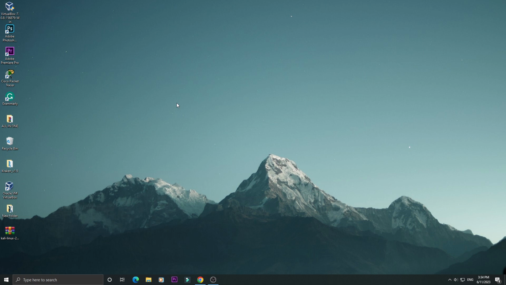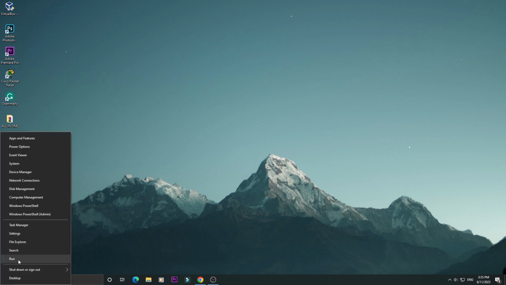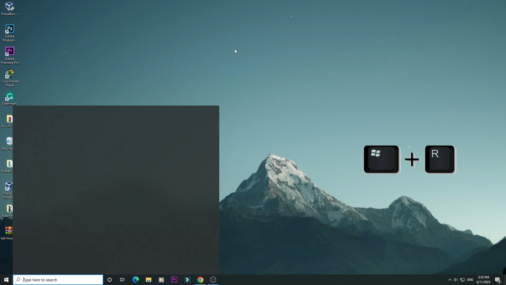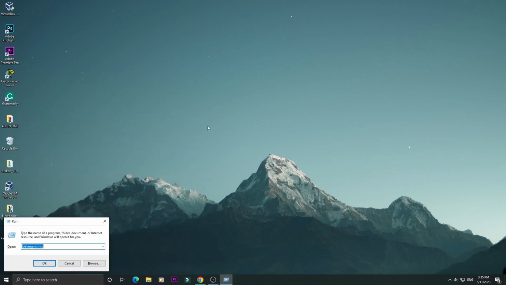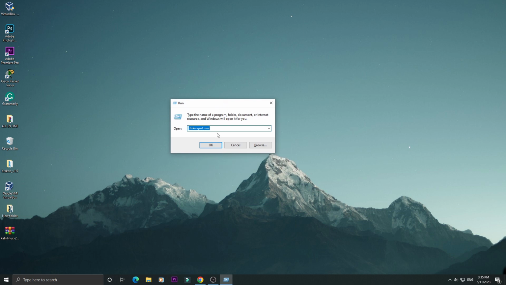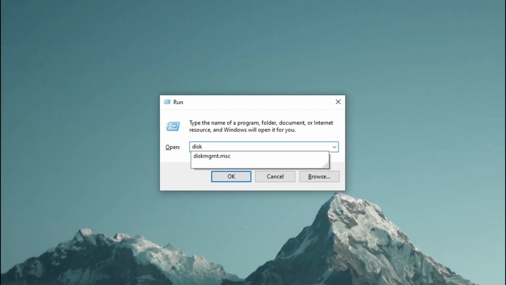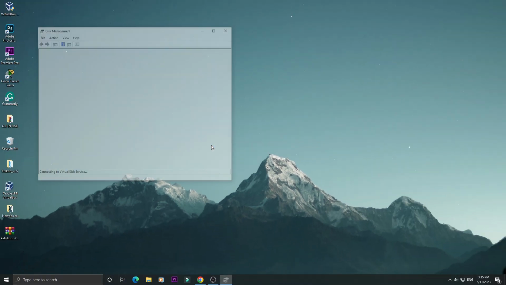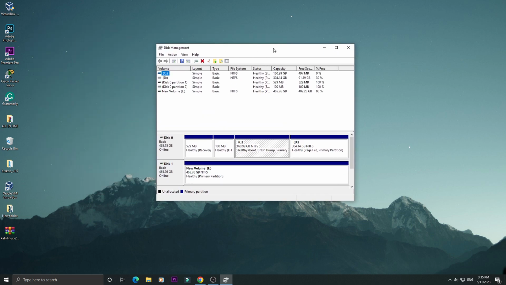Well, today we are going to create a partition on Windows 10 on your hard drive. So let's do it. Right-click on the Windows icon and click on Run, or press Windows key plus R. Now here we need to type diskmgmt.msc. Once you type diskmgmt.msc, click on OK, and a new window will appear like this, which we call Disk